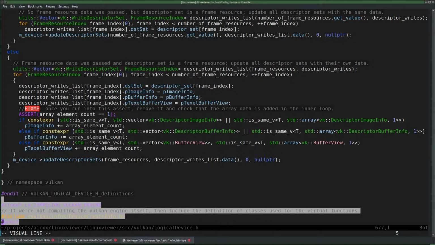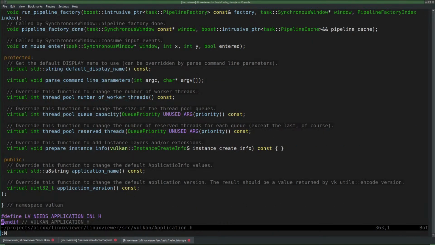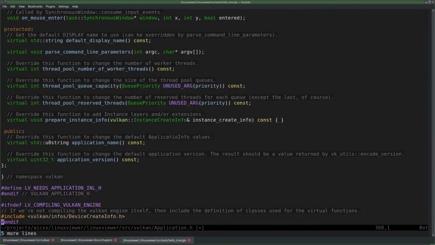So just copy this. Looks like an Info again.